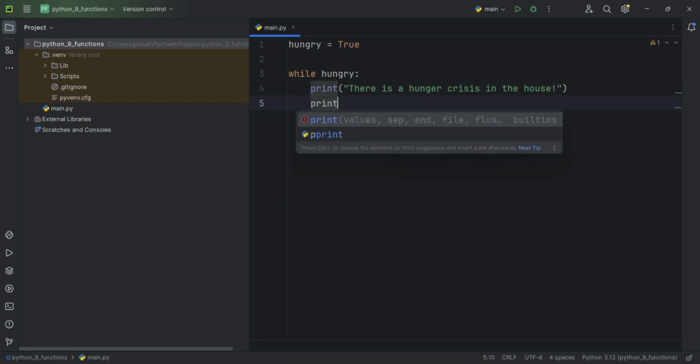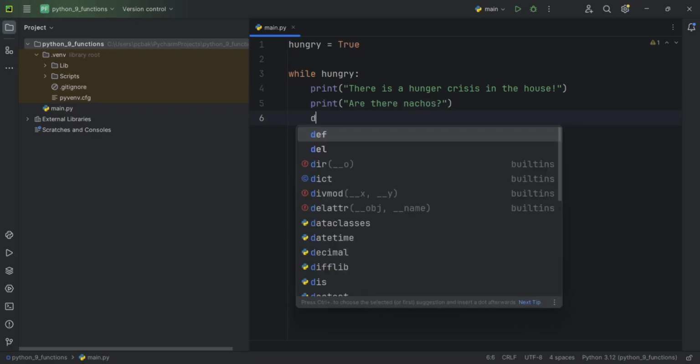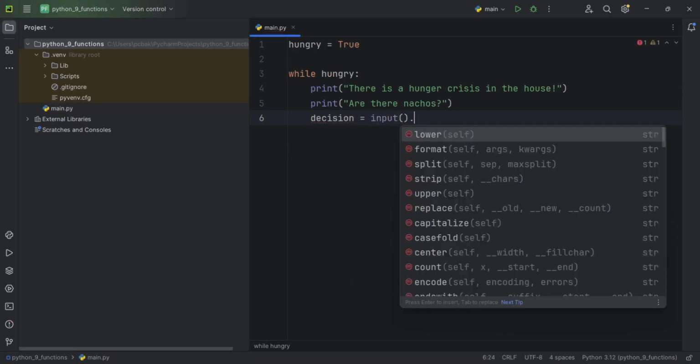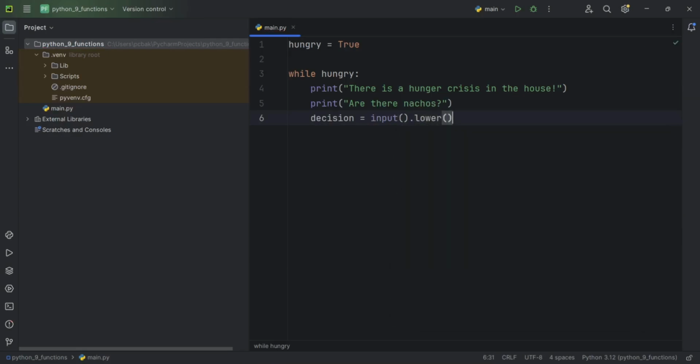And then let's give some more information. Let's print, are there nachos? And a question mark, right? We're going to query the user. And then let's capture the decision from the user whether there's nachos or not. So I'll say input. We'll get the input going so the user can enter information, and we'll make that response lowercase. So if the decision equals yes,